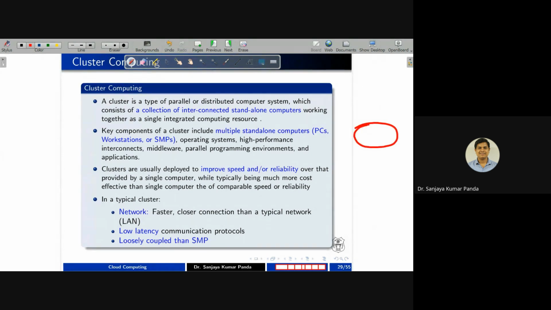You can make a cluster. I can say this is cluster 1, having 30 computer systems of the same configuration. Another cluster I have created has 50 computer systems with the same configuration. Let's say I am creating another cluster, C3, having 20 computer systems. So I can connect these 3, and we call that a heterogeneous cluster. But clusters are initially homogeneous only.